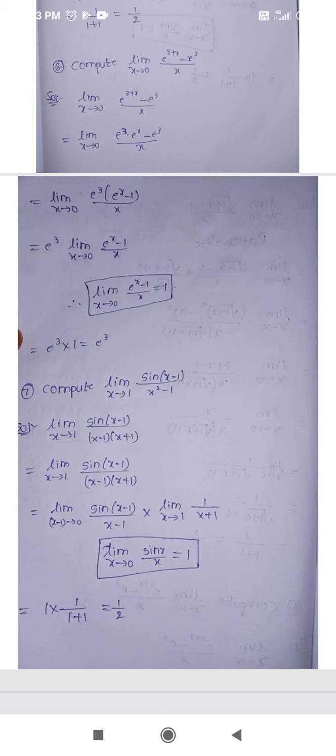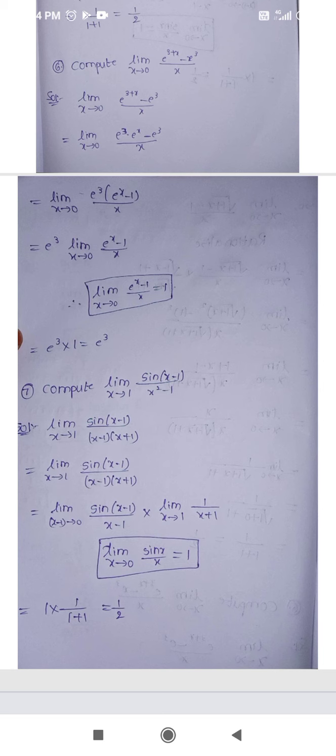Compute limit x tends to 0, e power 3 plus x minus e cube by x. So solution, limit x tends to 0, e power 3 plus x minus e cube by x. We can write a power m into a power n is equal to a power m plus n. So a power m plus n is also written as a power m into a power n. So here e power 3 plus x is there, so we can write it as e cube into e power x. What is the formula? e power m plus n is equal to e power m into e power n. So here e power 3 plus x is there, so we have written e cube into e power x